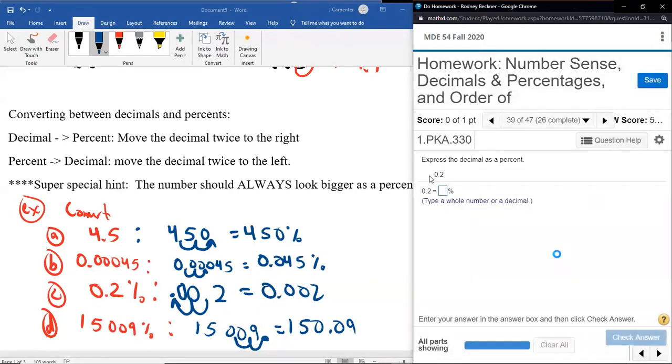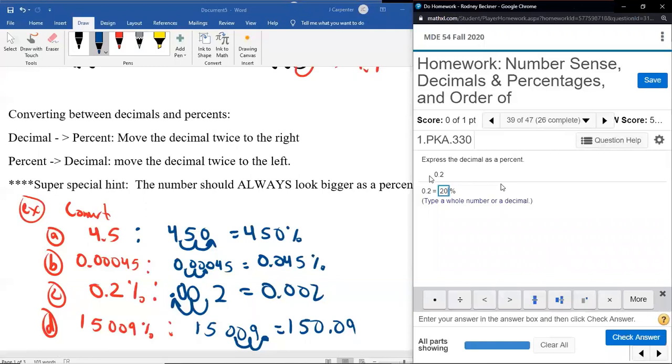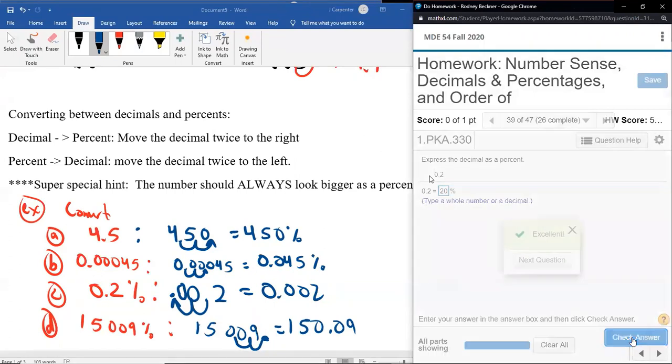All right. So now we're going from decimal to percent. The percent's supposed to look bigger, so the decimal goes right twice. Once we'll put it behind the 2, one more gives us a filler 0, so 20% would be the same thing as 0.2. I think a lot of you will get used to seeing numbers like that and get used to the form, but for now, we've got to practice.